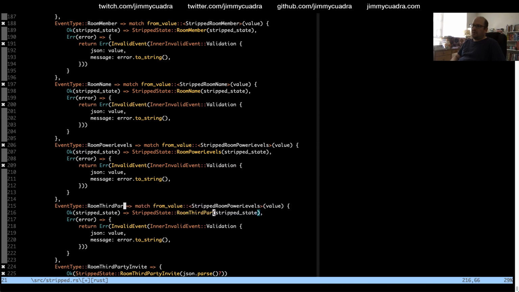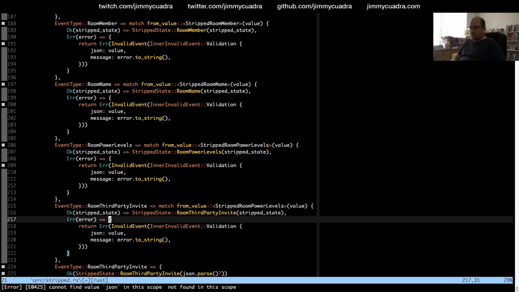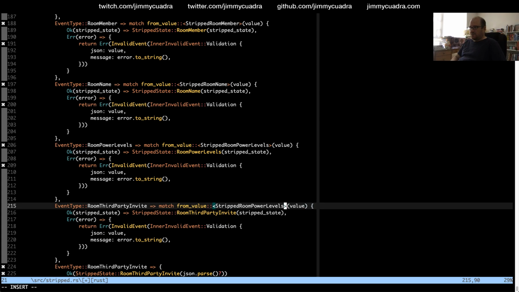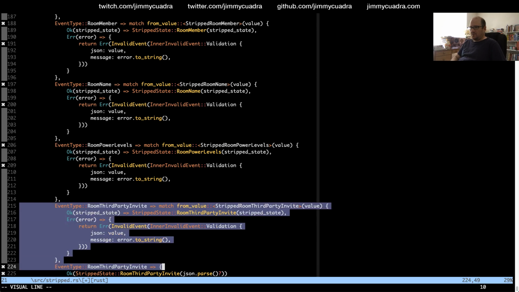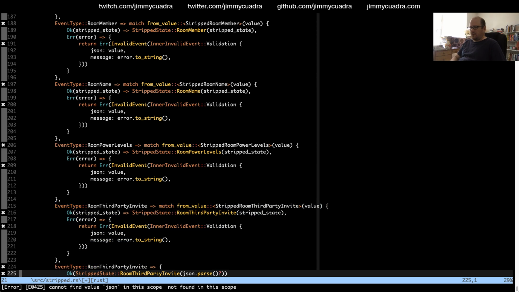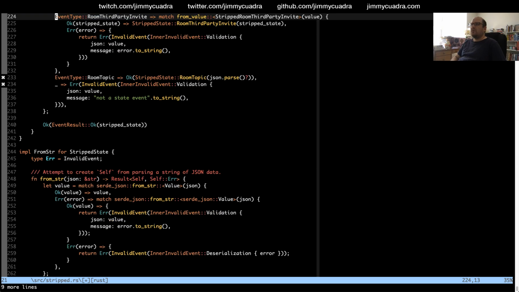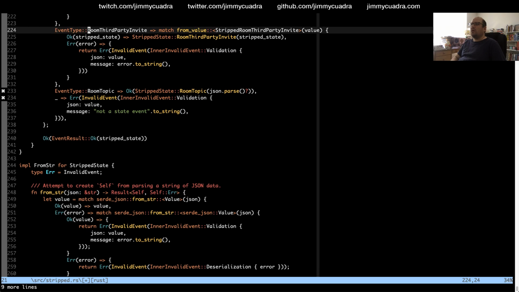Room third party invite. And stripped room third party invite. Okay. Almost done. Just one more. Room topic. Stripped room topic.